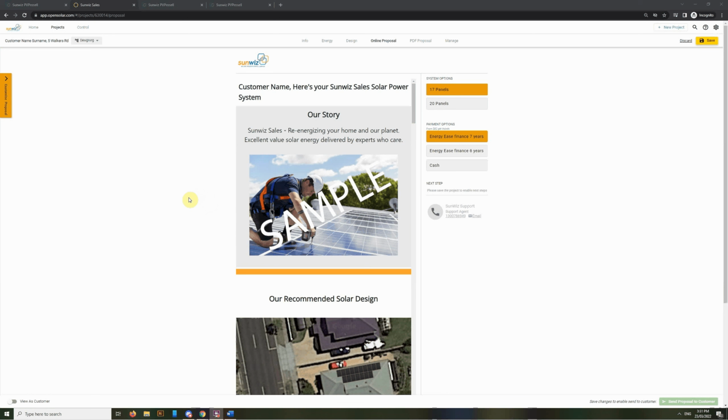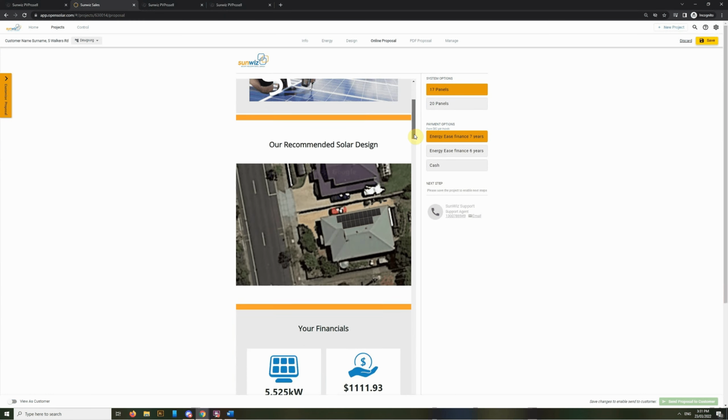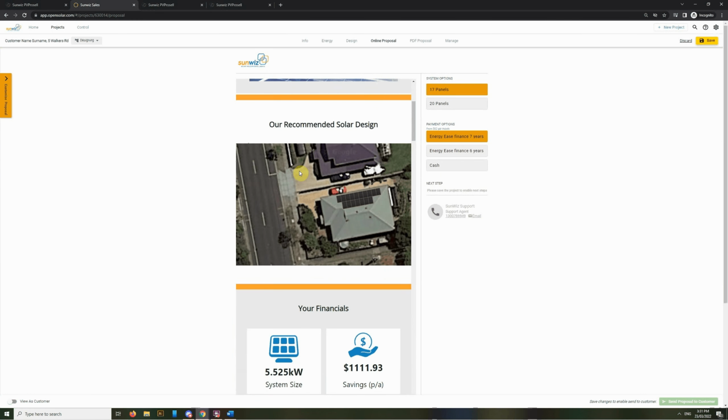This template was developed in collaboration with Dean Mannix, who is a sales professional that provided us valuable feedback and content in terms of what we should include in a residential proposal template. This template is already loaded into our OpenSolar environment, and as you can see, it includes a simple Our Story section, followed by a recommended solar design,